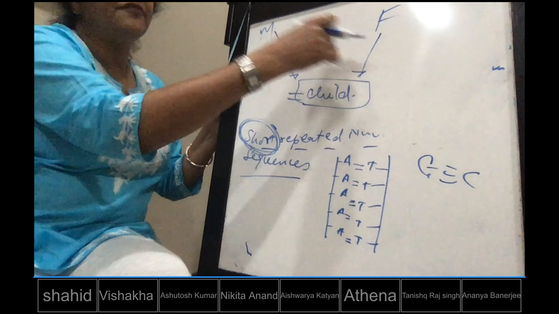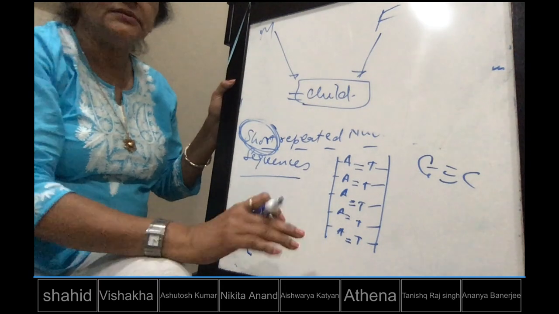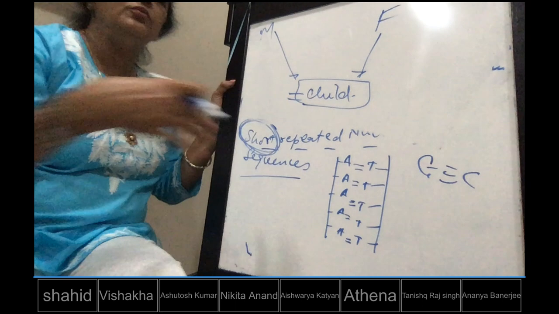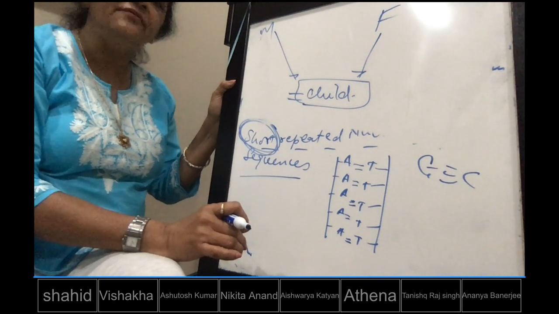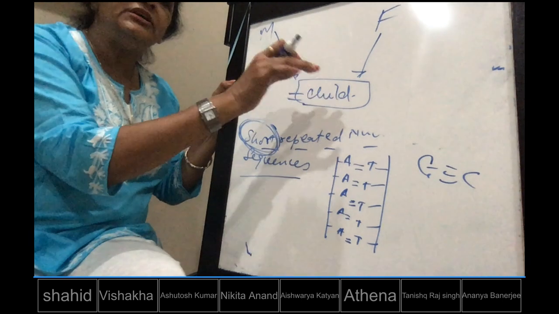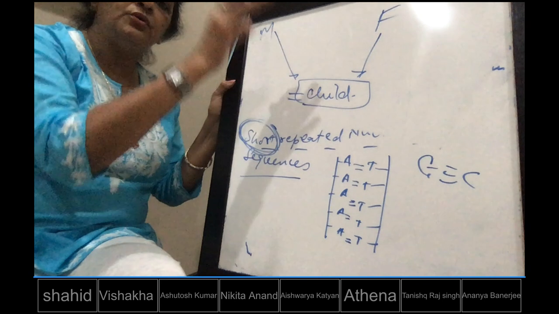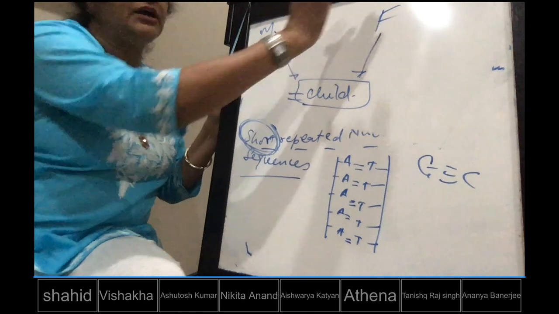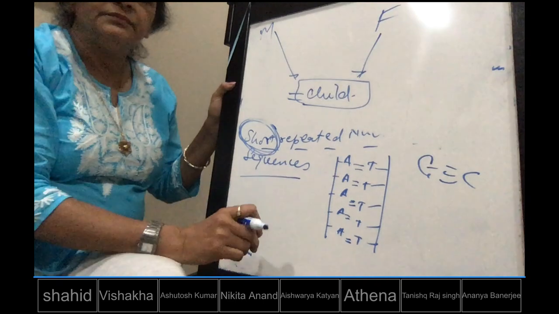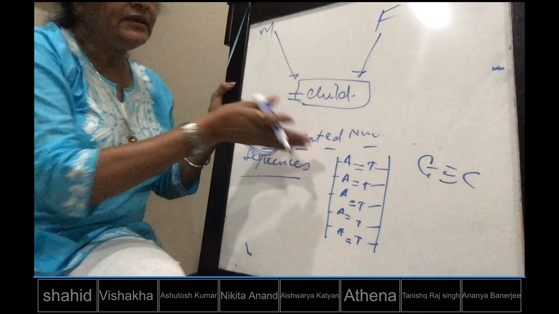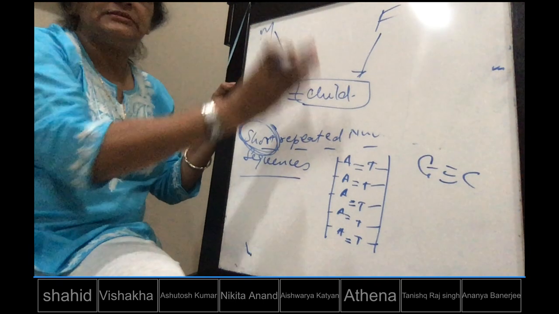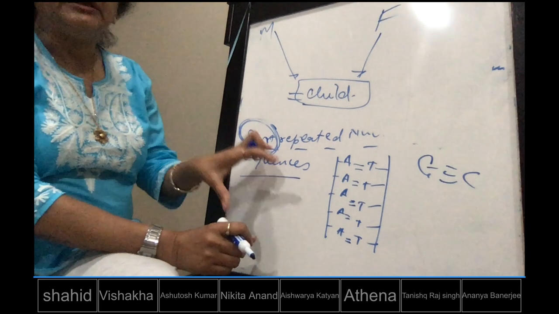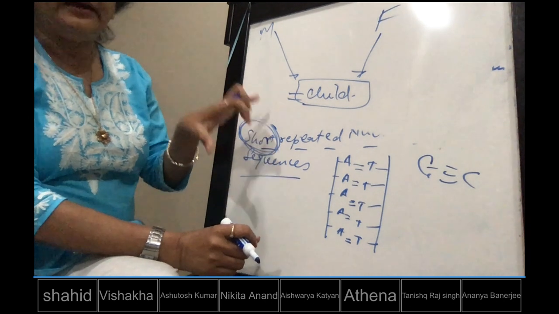Same way, suppose the father has some VNTR on the 10th chromosome, and on the 15th chromosome he has some VNTRs which are matching with the child on the 10th chromosome and the 15th chromosome. We can easily establish that this child belongs to this father, or he is the parent. So like this, paternity cases can be solved by studying DNA fingerprinting or VNTR.